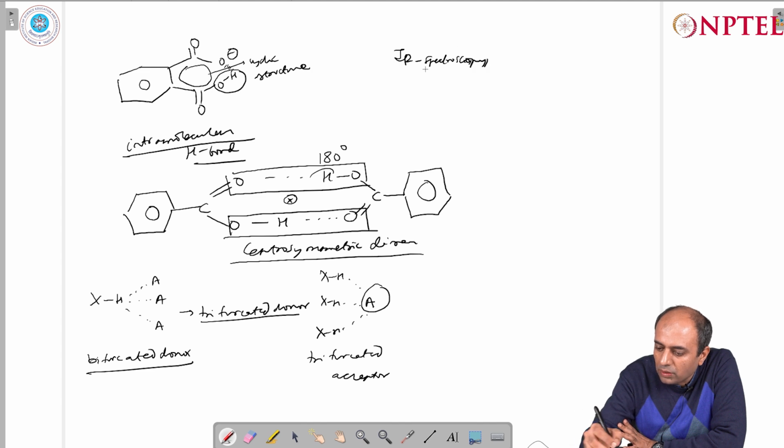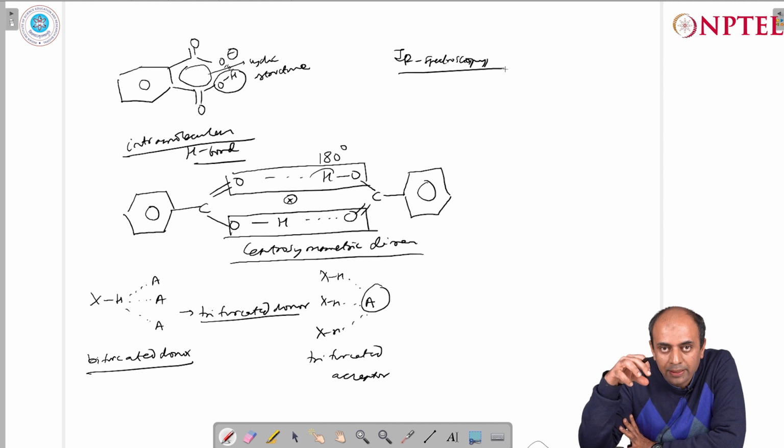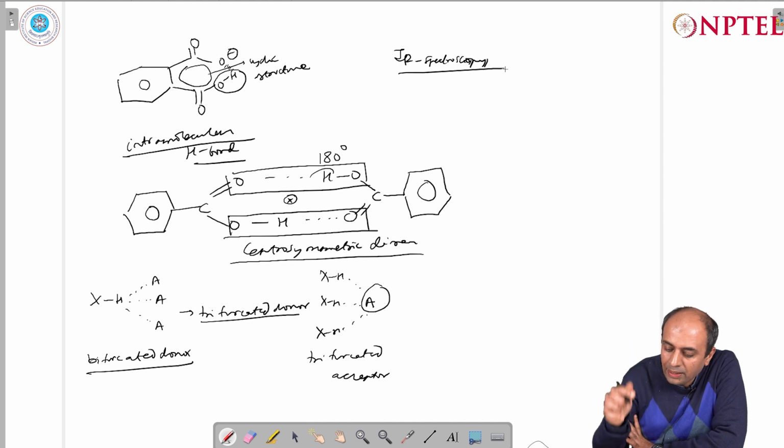IR spectroscopy essentially looks at changes in the bond length associated with different bonds in a species. So what happens when you have a hydrogen bond? There is an electrostatic attraction of the oxygen for this hydrogen atom. So this bond tends to get elongated. So there is a lengthening of the OH bond. If there is a lengthening of this OH bond, then the bond length becomes longer, the bond becomes weaker,